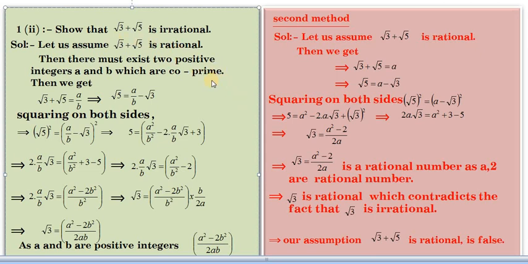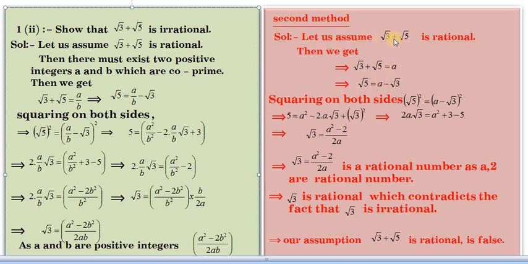Now this can be proved in a second method, by taking the rational number in integer form. That means instead of taking a fractional form a by b, you just take it as a, because some persons prove these problems in this method. So this method helps to reduce the complicated steps which you observe here. Let us see how it is simple.